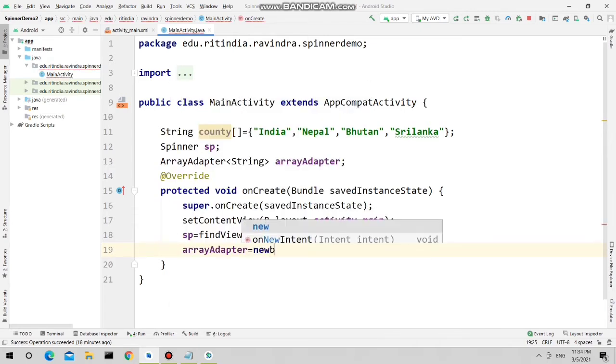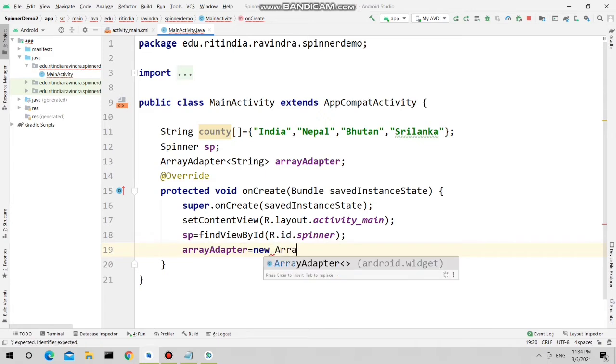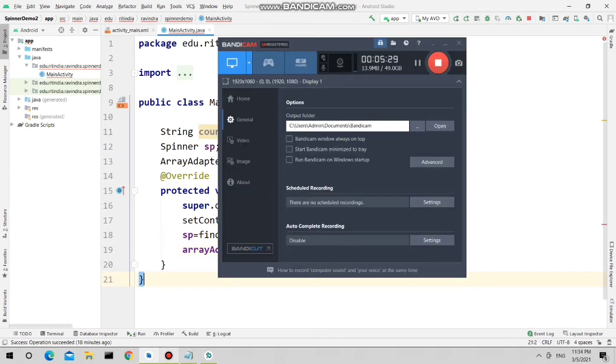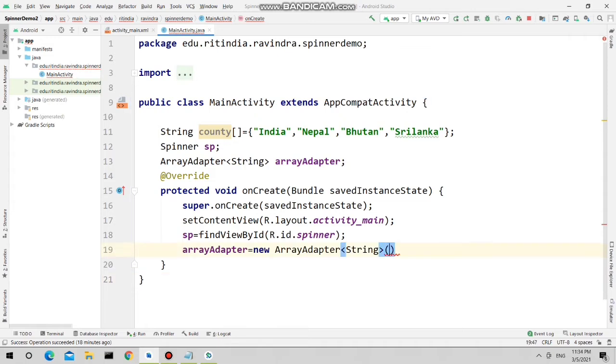Same concept, whatever we used for list view, I am using the same concept. I am taking one parameterized constructor, and I am giving 3 arguments to this constructor. The first argument is the context. The context of the current activity I am giving, so MainActivity.this. Then the second one is the layout.